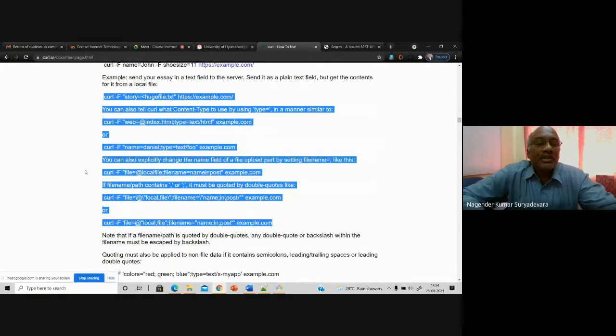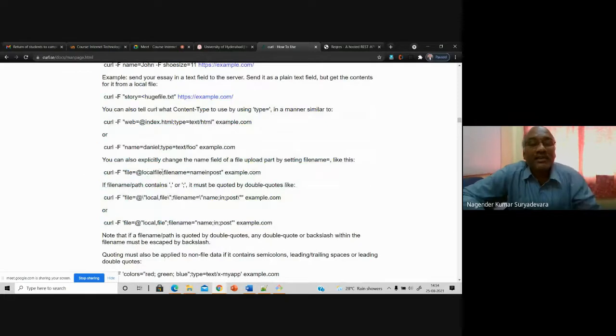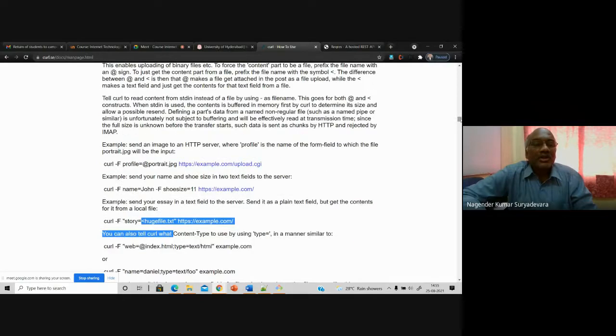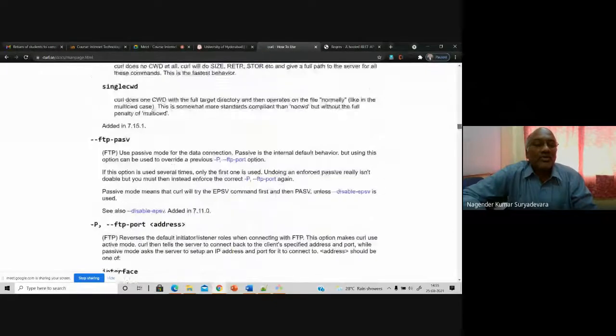See, here is one example of sending a file. If you want to send a file directly to the server using the POST method, this is one good example. People should immediately understand how to send a file with that command. And of course, for user authentication, you can also give the username and the password so that only those people can insert it. The username and password can also be given along with the command.